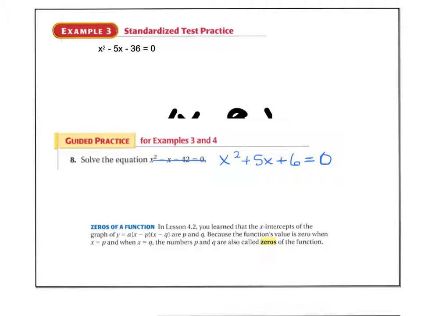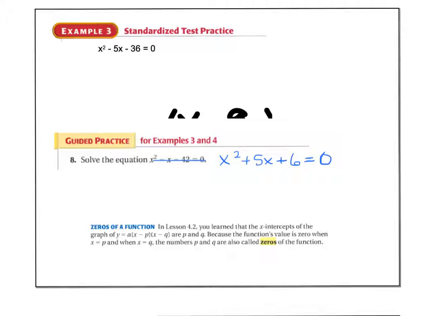Now, we need to talk about another little bit of vocabulary, and that is called the zeros of a function. Zeros of a function are really the x-intercepts of a function, where they cross the x-axis. We call them the zeros of the function because your y value had to be 0 in order to land on your x-axis. So if I had a zero of a function here and 0 there, and I'll say this was the point (4, 0), and I'll say this was the point (-3, 0),